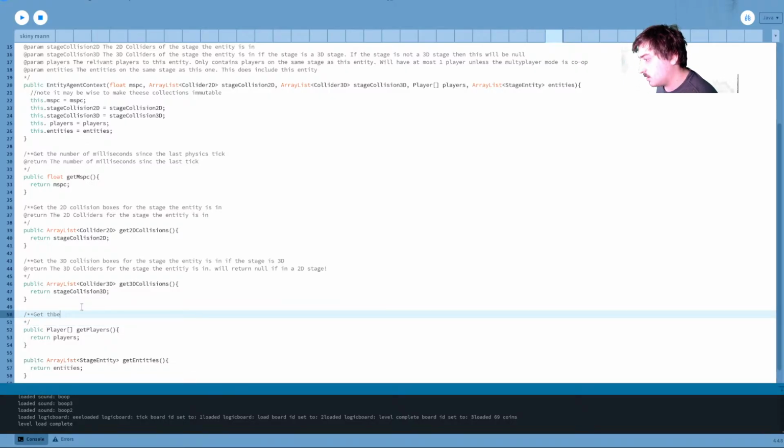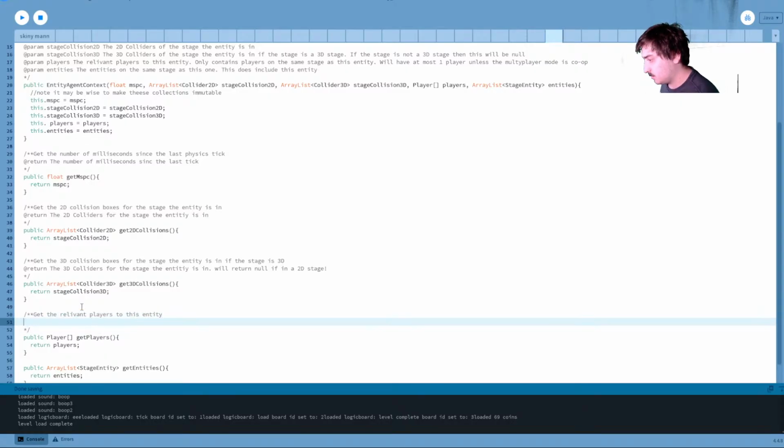Get the relevant players to this entity. Returns an array of players in the same stage as the entity.